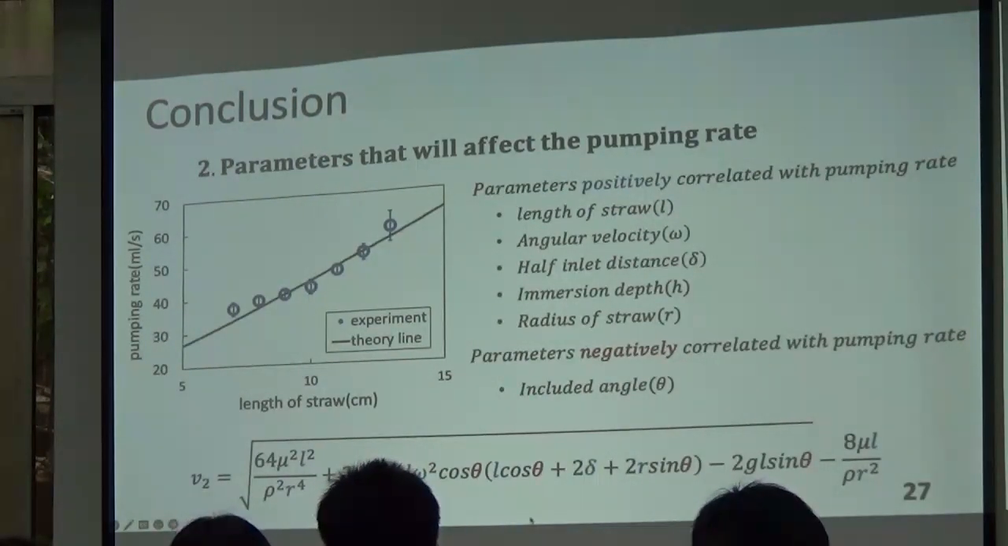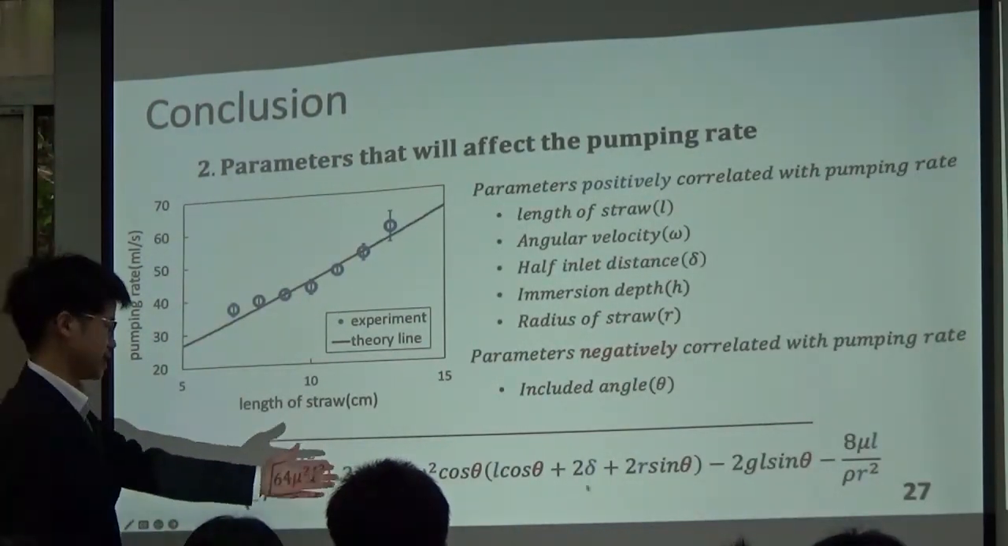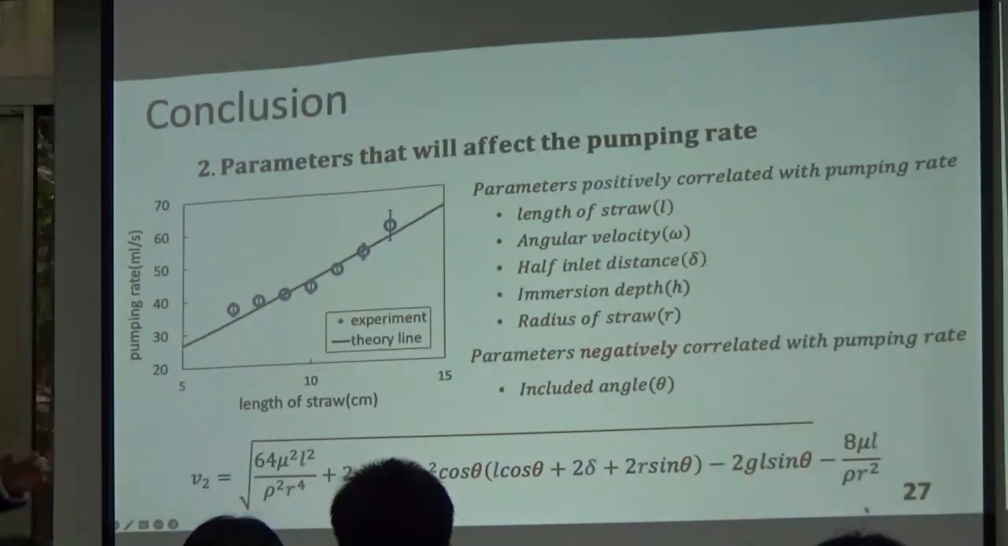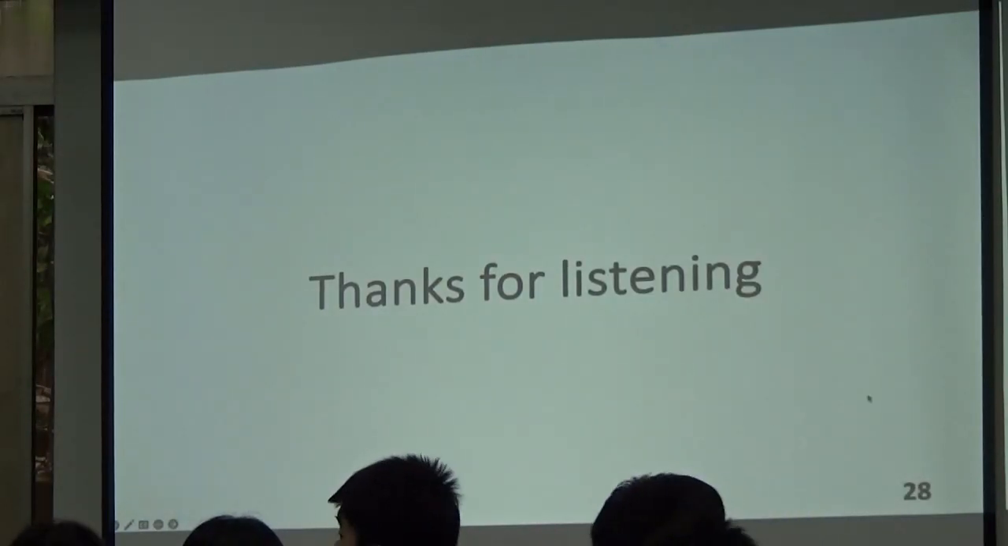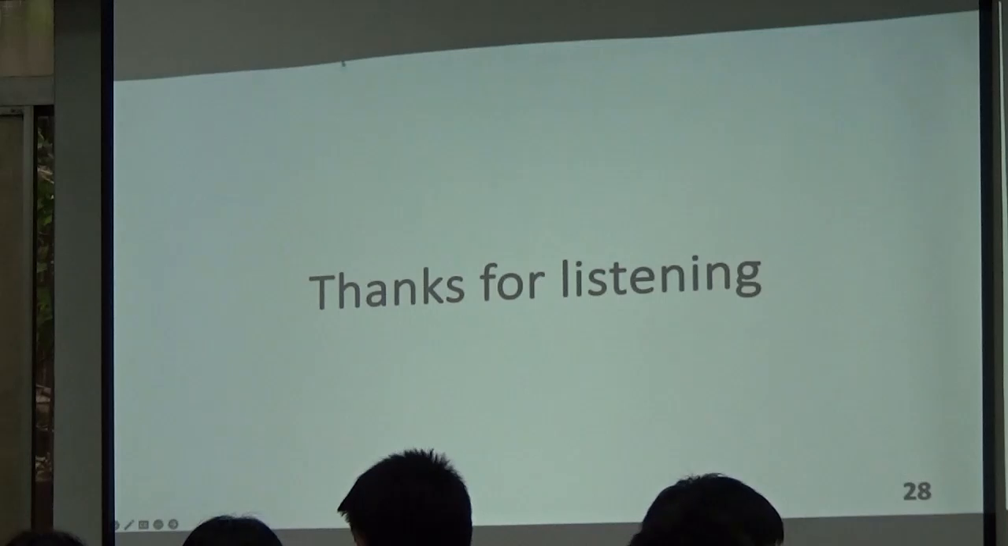And we also have the theory line, which is drawn from the velocity of the water flowing out, and we know the cross-sectional area, so we can draw the theory line. And that's my report. Thank you. Okay, questions from the